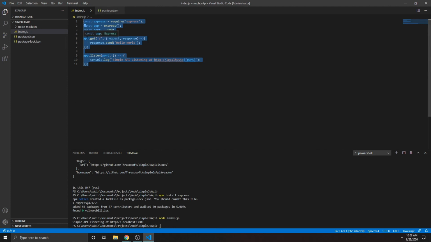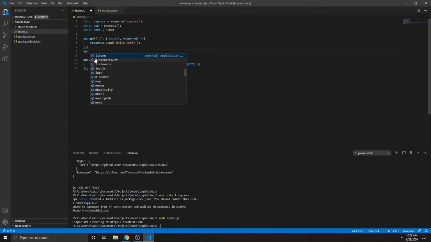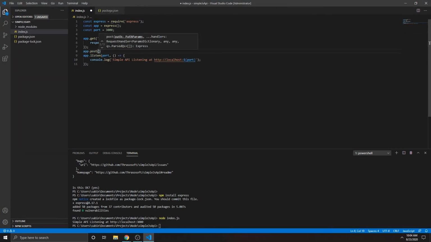So remember we talked about REST methods. This is a GET request, app.get. You can do other methods just by typing app dot and then the method name, so app.post. We're just going to use the same root endpoint, so we're not going to put a path in here yet. And we're going to give it the same request, response,